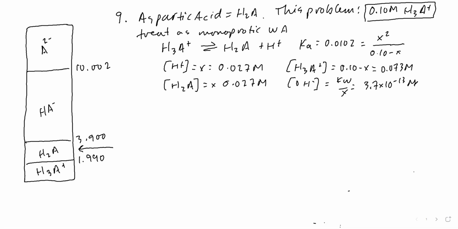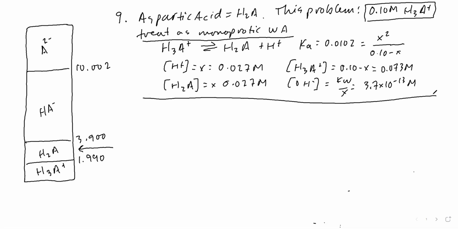All right, so that gives us all of the values we can calculate by the original assumption that it's a monoprotic weak acid, which it actually isn't. So now we have to recognize that it's really a triprotic thing. And so we've got to look at the calculations of the other concentrations from the other dissociation reactions. So from